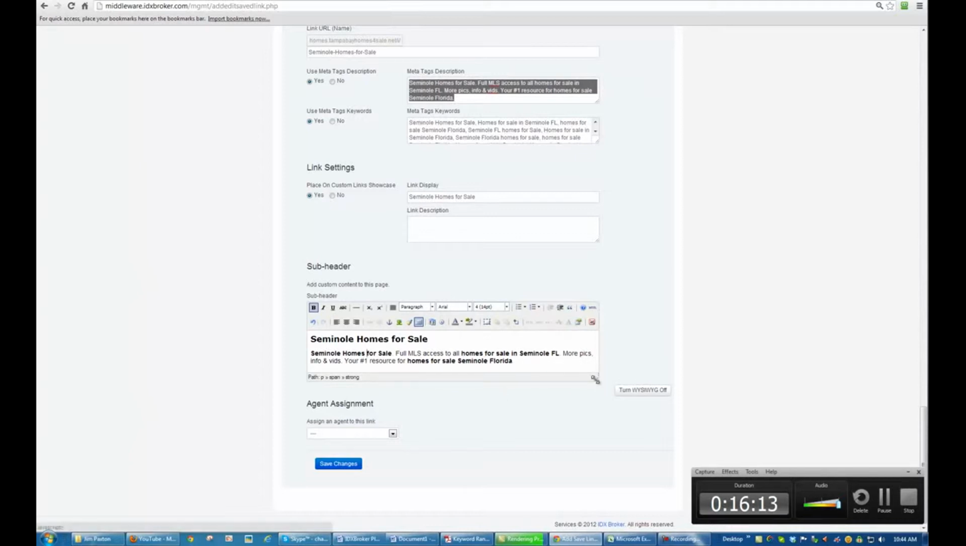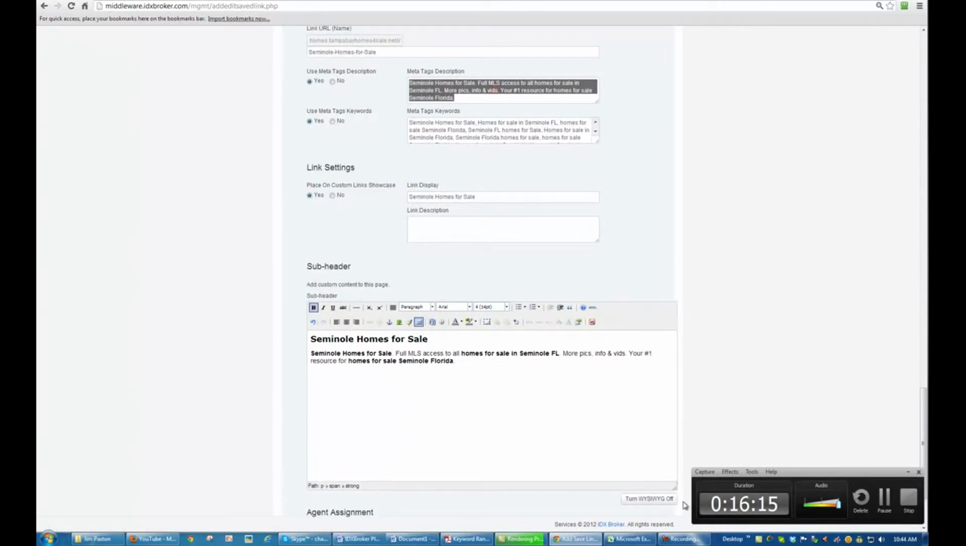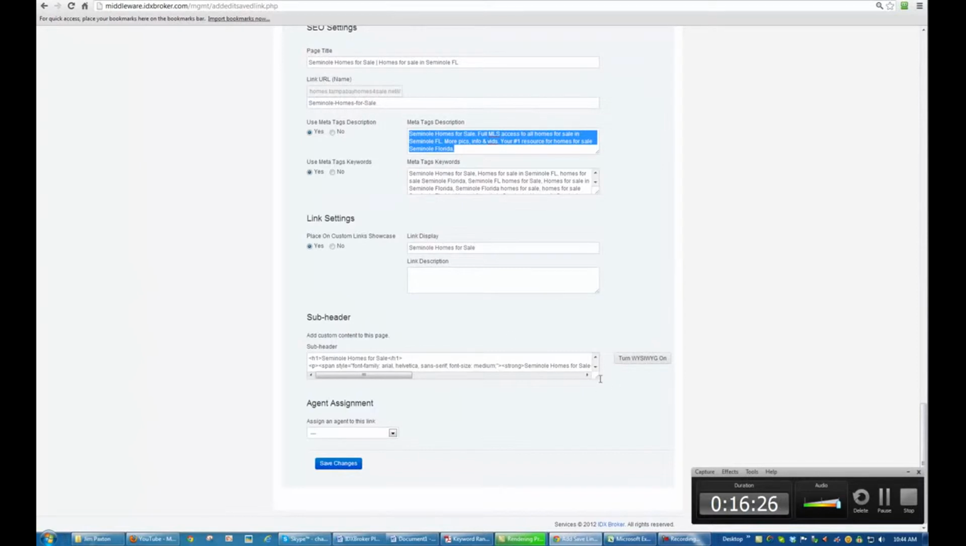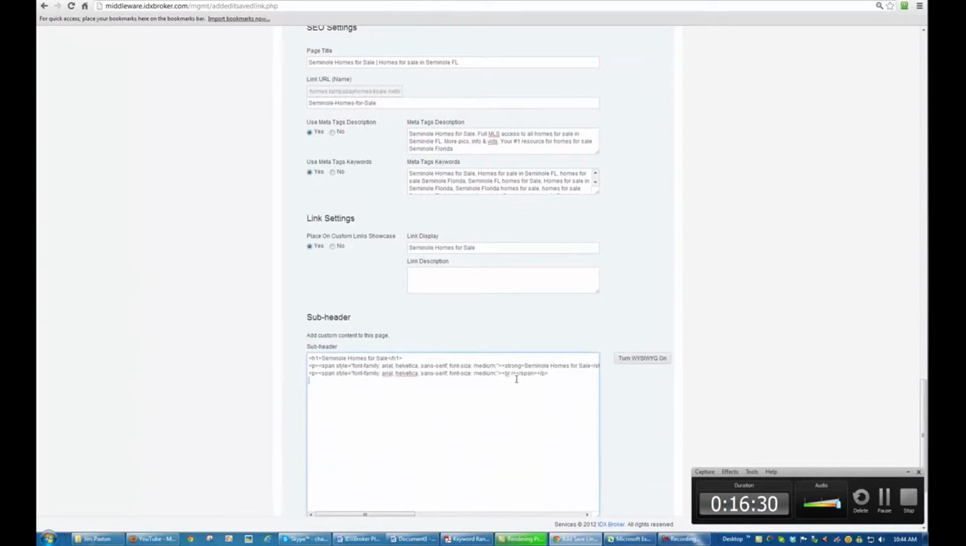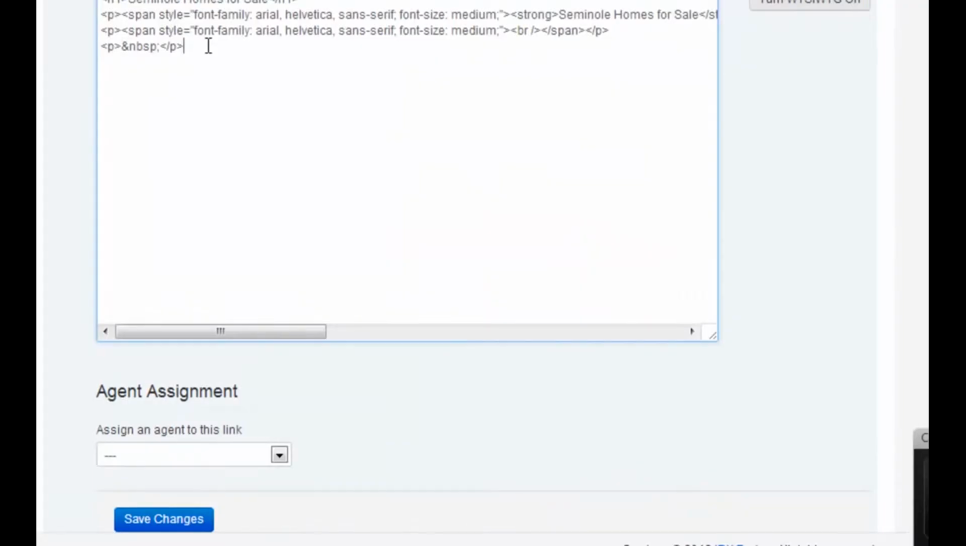So the next thing I'm going to do is make this bigger. I just grabbed the corner right here, clicked and dragged it, and made it bigger. And then I'm going to create a table. Now, I know the code for the table. I've turned the WYSIWYG editor off. I can give you this code if you want it. But